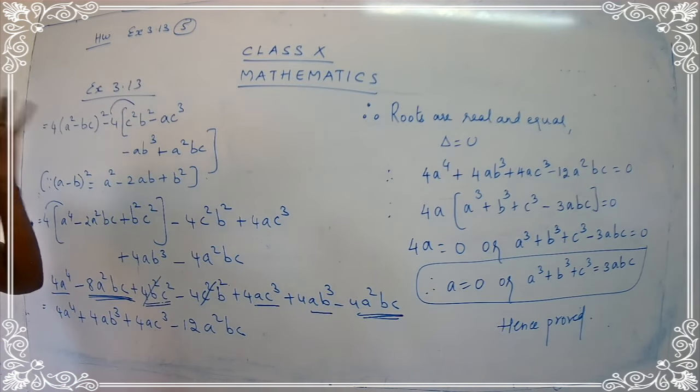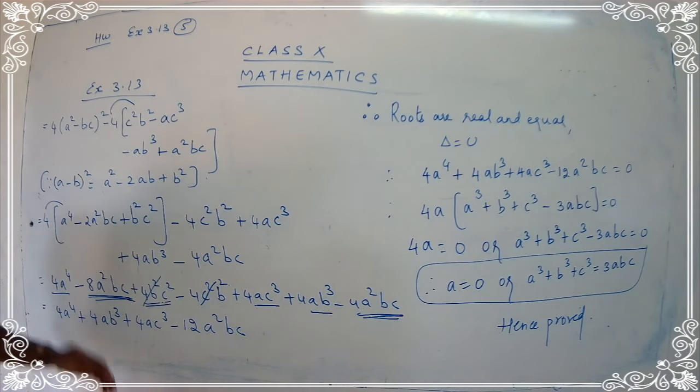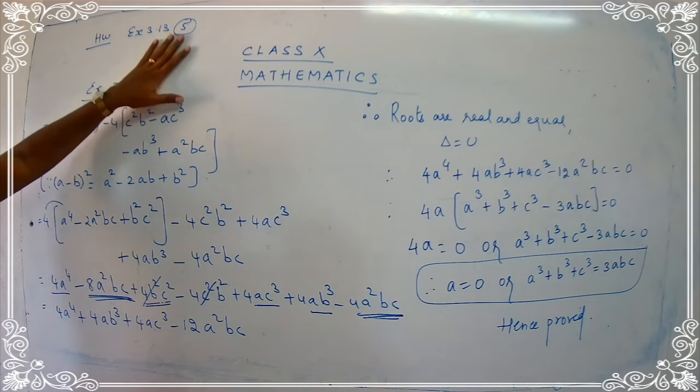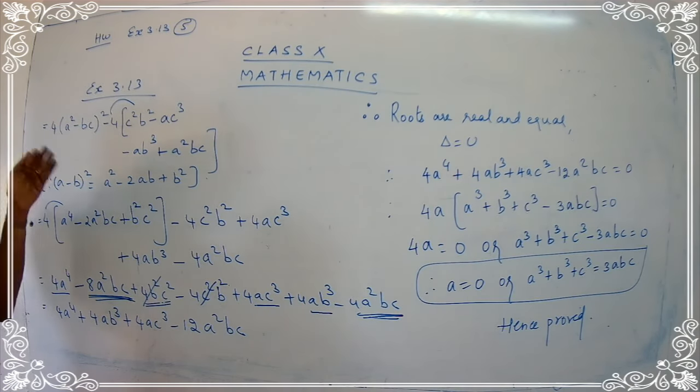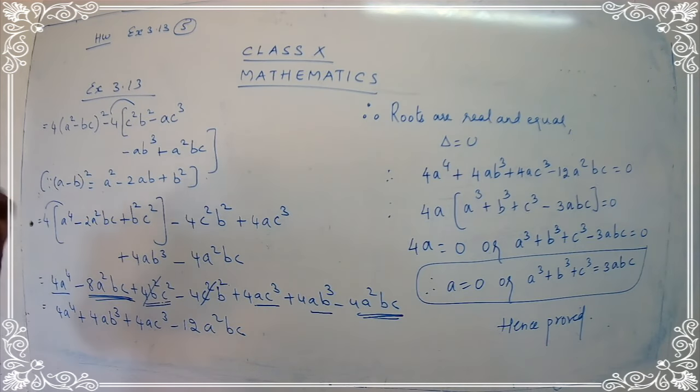You are not going to copy the classwork as it is. You are going to refer to your sum, close your books, and write down the homework as a test. So sum number 5 is a test for you. That is, you are going to close your classwork and try whether you are able to get your answers. I hope you are clear with the homework question. Homework question is exercise 3.13, the fifth sum. Once again, you are going to try out the sum.